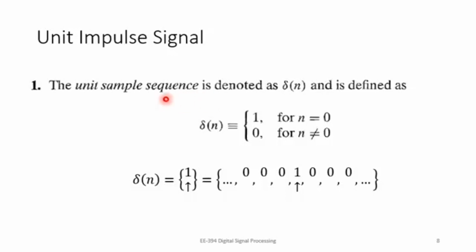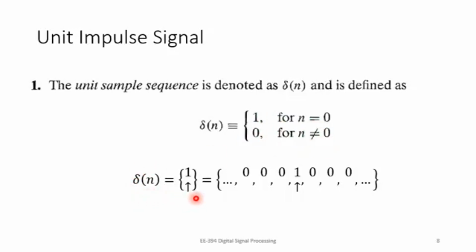Similarly, in the discrete time domain, unit impulse is represented by small delta n, and is defined as a signal which has a value of 1 for n equals 0, and for all other values of n it is 0. We can write it in this format: delta n equals 1 for n equals 0, and 0 for n not equal to 0 or otherwise, or we can write delta n as